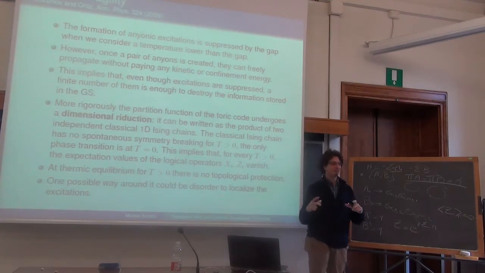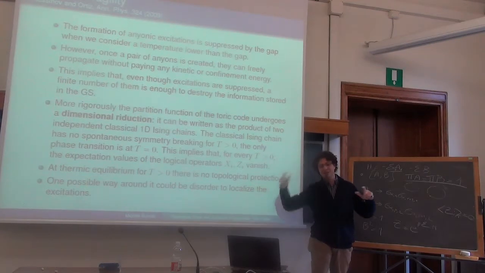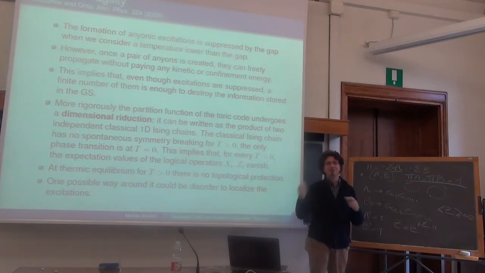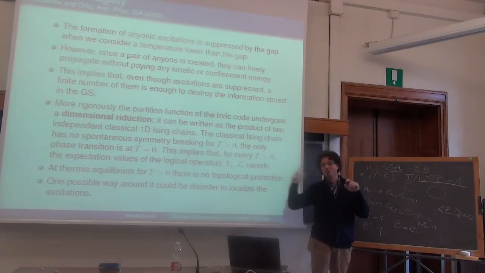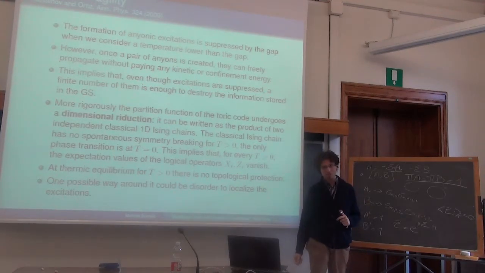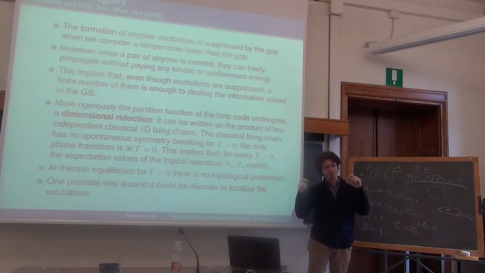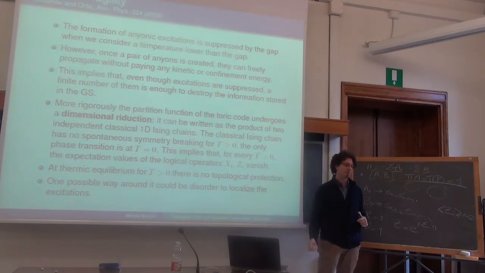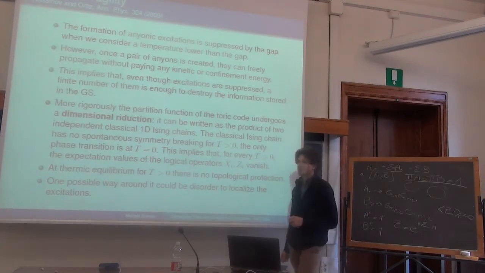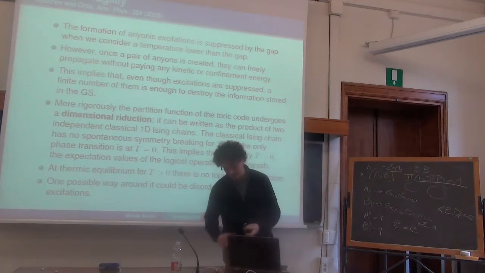And if the excitations are localized, they cannot move freely away with the Brownian motion, so they cannot really move far enough to disturb my quantum information. Other models instead try to introduce some sort of string tension between the excitations, and this is another way to reach some confinement. But still, on the experimental side,